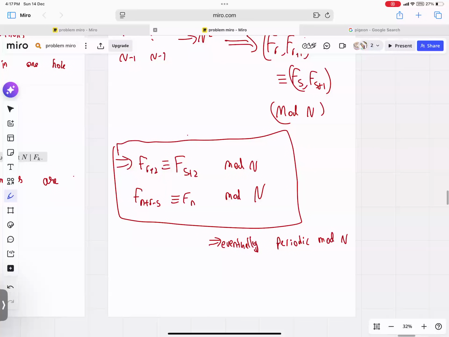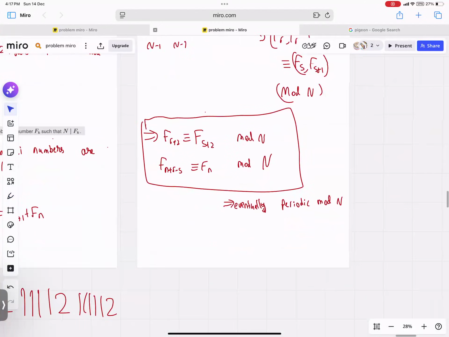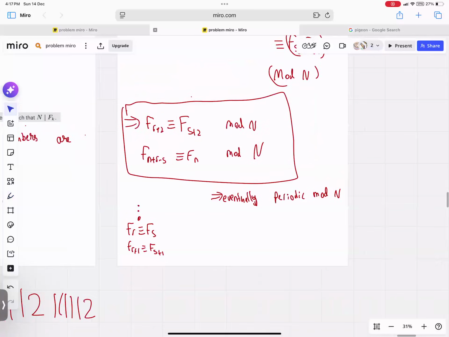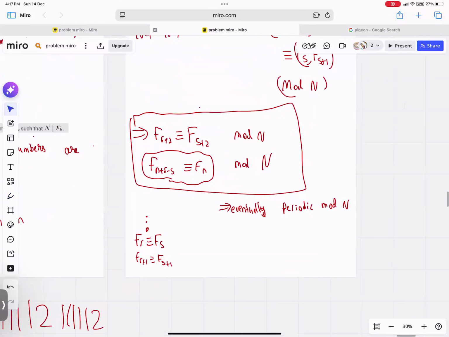Okay, so I don't want to waste too much time on this problem. It's a pretty simple idea. So I'll tell you also, we know that f of r is equivalent to f of s, and f of r plus 1 is equivalent to f of s plus 1. But now the point is we can backtrack. The same way we go forward, can we go back, Fn minus 1 and Fn? Yes. So the way we forward tracked over here, we can go back over here. So we get f of r minus 1 is equivalent to f of s minus 1, and so on till